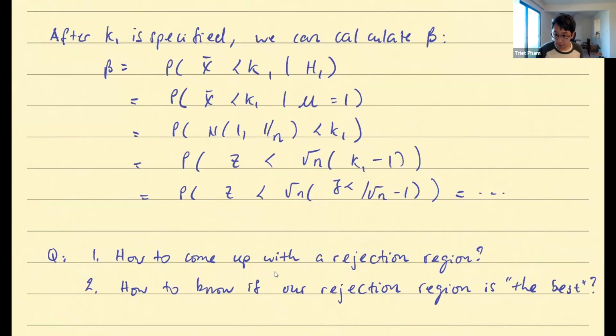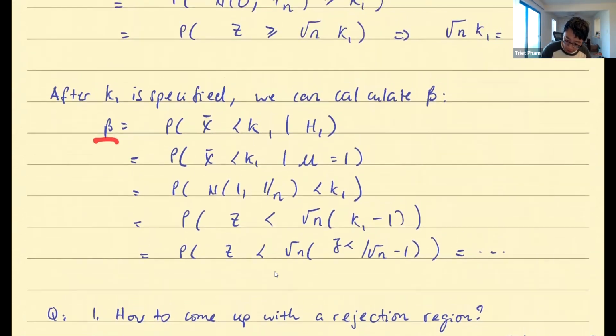Flavor-wise, this is very much... you mean here, Madhav? Okay, last step. So here, apply the definition of beta. Plug in the alternative, plug in mu, do the Z transformation, plug in the value of K1 that I got from